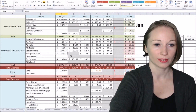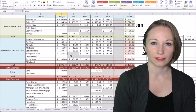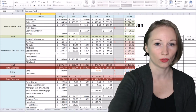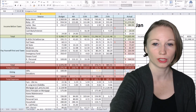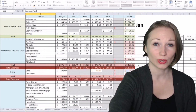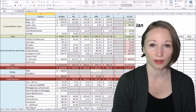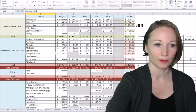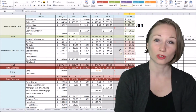Emergency fund, we wanted to save $350.47. Now, I originally had this categorized as emergency fund. This actually did not go into the emergency fund. If you follow some of our other budget videos, you can see a running total of our savings account on the side of our budget. Also, I do a monthly net worth progress report. So join me next week. We're going to do our net worth progress report, and I'm going to explain how some of the numbers were moved around a little bit. So I'm actually going to change this. This was not the emergency fund. This was just savings. But it was lower than we wanted. It was